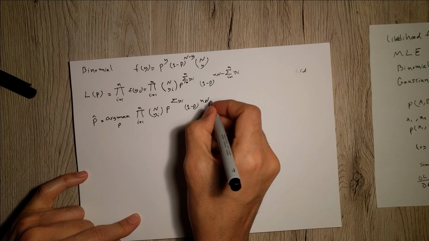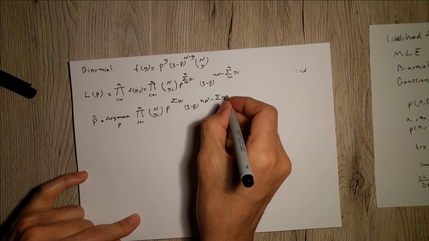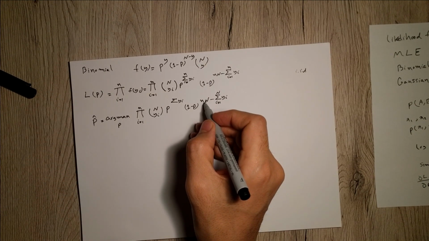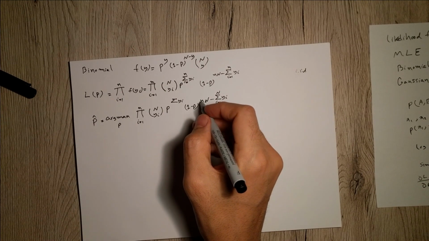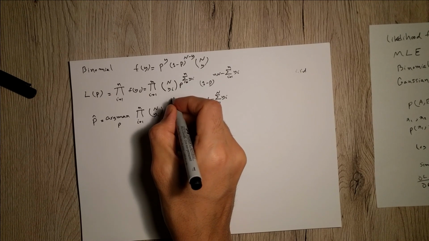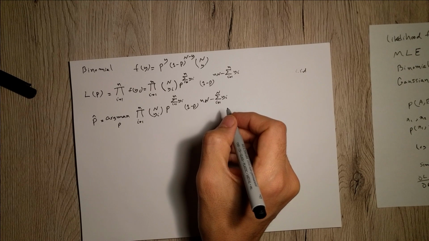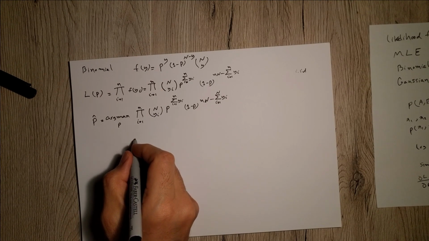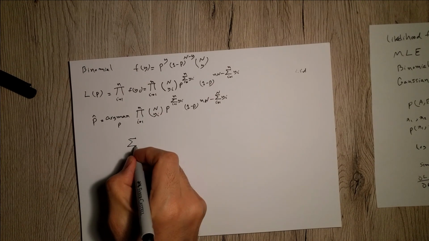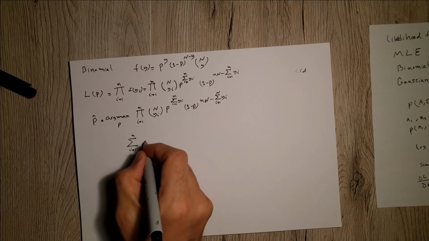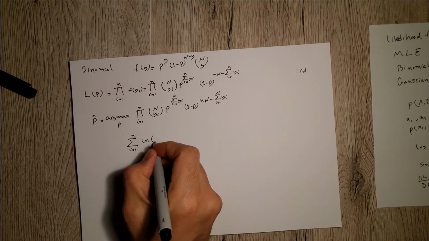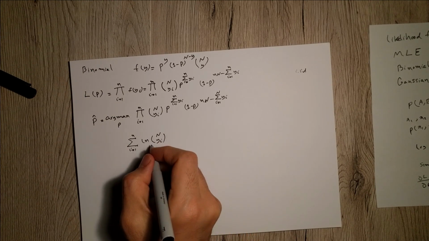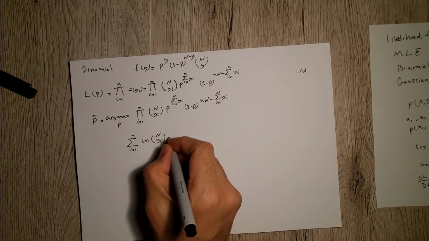Just to make it clear, the capital M is the number of times that we have done it, and the small n is the number of observations. Okay. So if we take a ln from this, all this multiplication is going to turn into summation. So we're going to have sigma i over n ln of, so the variable here is p. So this is constant, like a coefficient for this